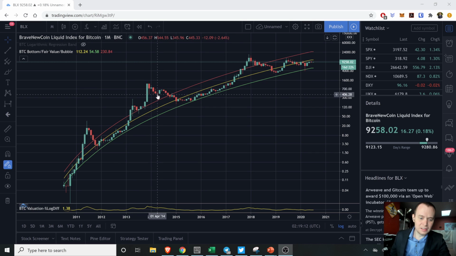Second cycle, you can see the same thing. If this is the first cycle, second cycle, and then third cycle, you can see that once we broke that red band on the monthly time frame, we came down to the green band yet again, stayed in this region for quite a long period of time, then back up. Last time we broke the red regression band on the monthly time frame, it ultimately came back down. And recently we just did have our first wick down to that green line.